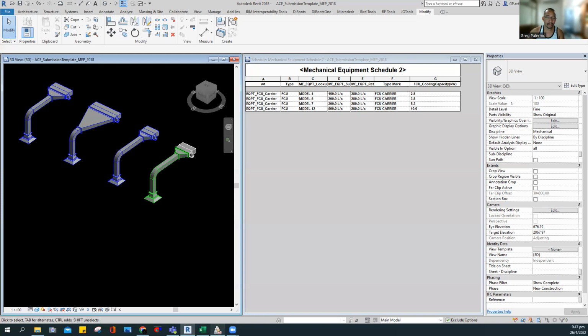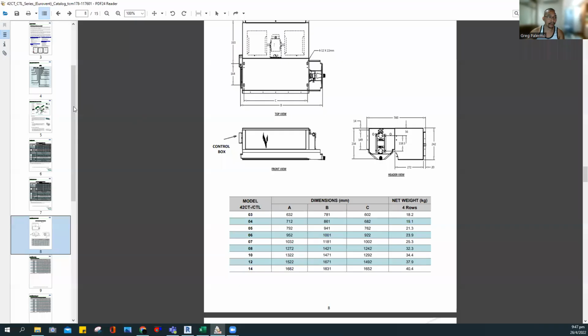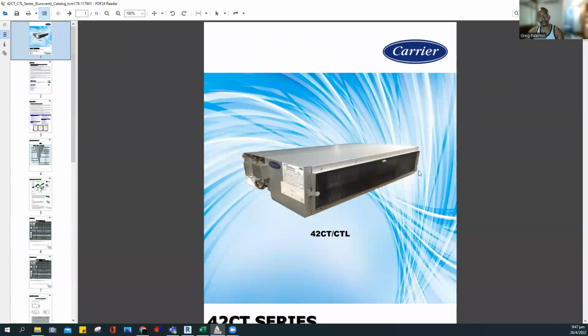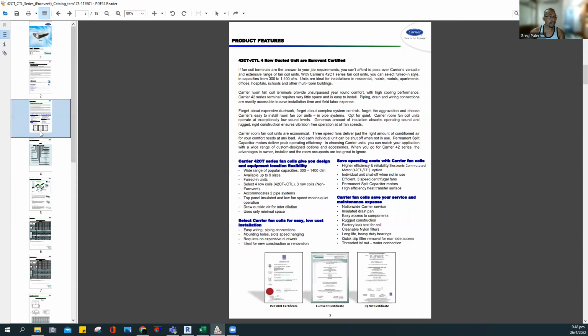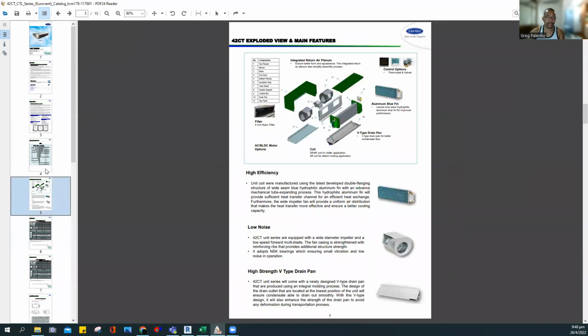In my example in this video, I'm using the Carrier, this one. I already customized the family. For the family, you must be accurate in creating Revit families with parametric dimensions. You have other topics on YouTube and LinkedIn Learning where you can find all that training. So what you need here is